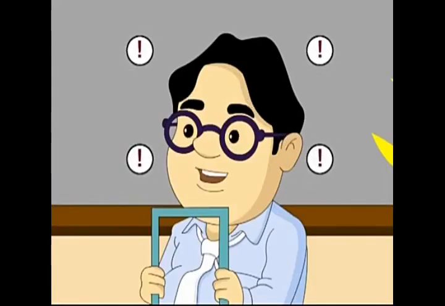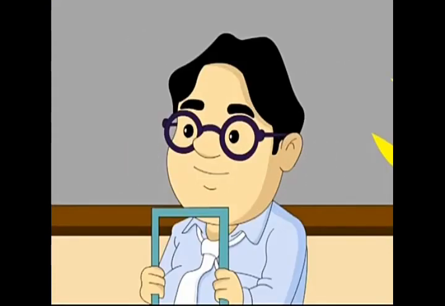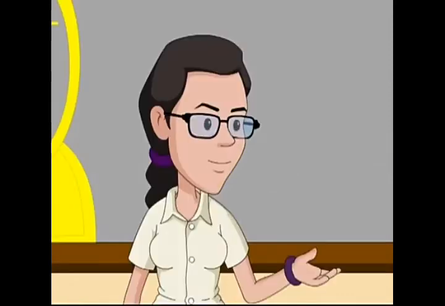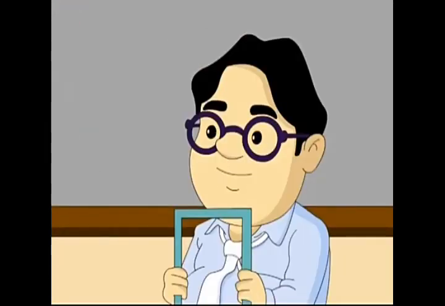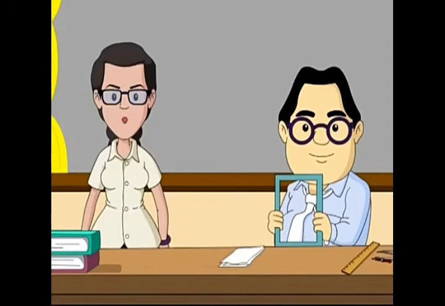Great! Oh, I'm confused, Miss Marks. This is a photo frame. Look at these borders. Snail, now power on and get there faster. A quadrilateral is a geometric figure with four sides. Oh, yes! And today we are going to learn how to make them. Now, let's zoom into the virtual world and see how to construct quadrilaterals.